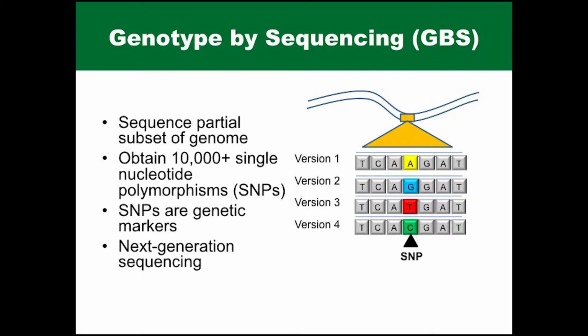Now, if you may be familiar with other types of DNA markers, you have to work really, really hard sometimes to get 5 or 6 or 10 working in a weedy species, such as microsatellites or RFLPs. So suddenly you go from a very limited set of information that's still telling you something to 10,000 markers